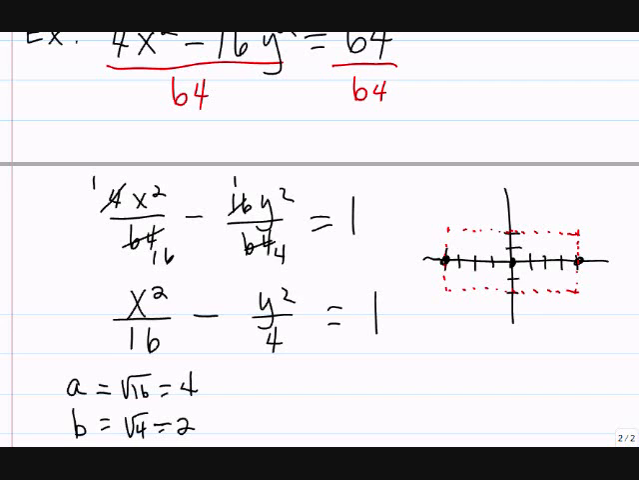Then I make the asymptotes. The asymptotes go through the center and the corners of this rectangle. So let me put in my asymptote here and there, here and there, making straight lines, don't make curvy lines. And now I'll go ahead and put in my hyperbola,